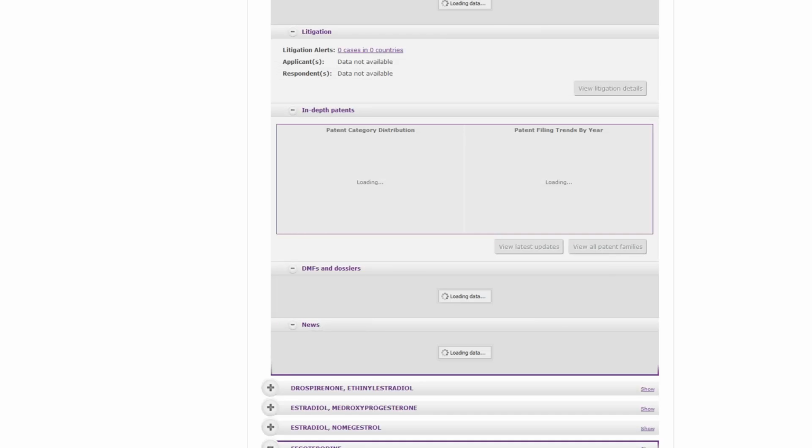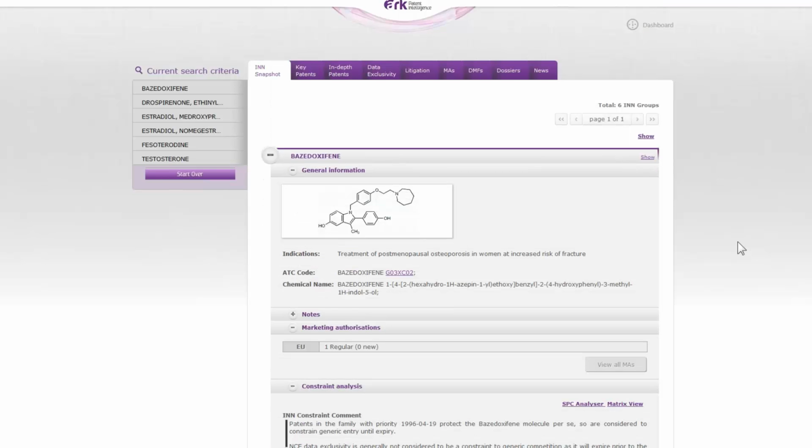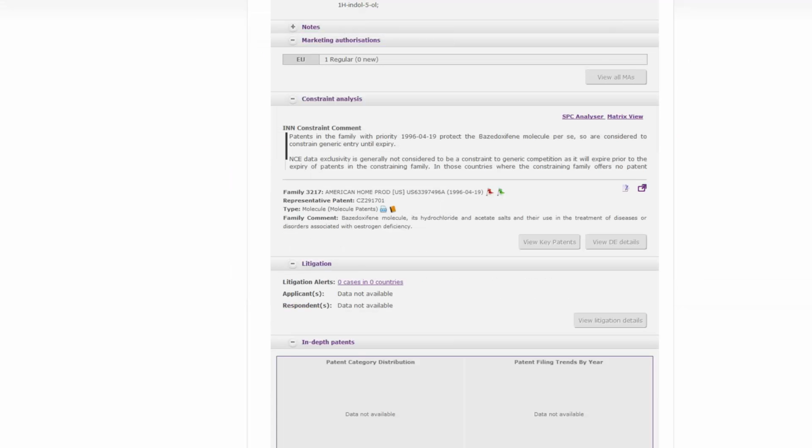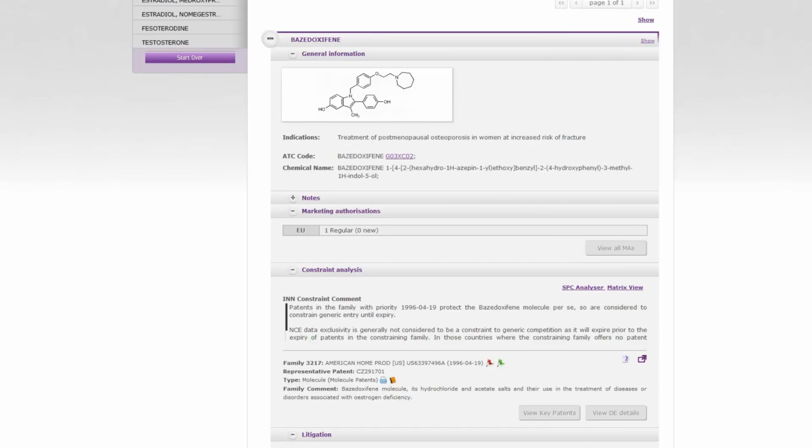And just open up that information as well. So I can see from just looking at this general information, I can see the molecular form, the indications, etc. I can see there's marketing authorization information there, constraint analysis, litigation in depth. Now, this information is not looking great for this particular molecule, so what I'm going to do is select the